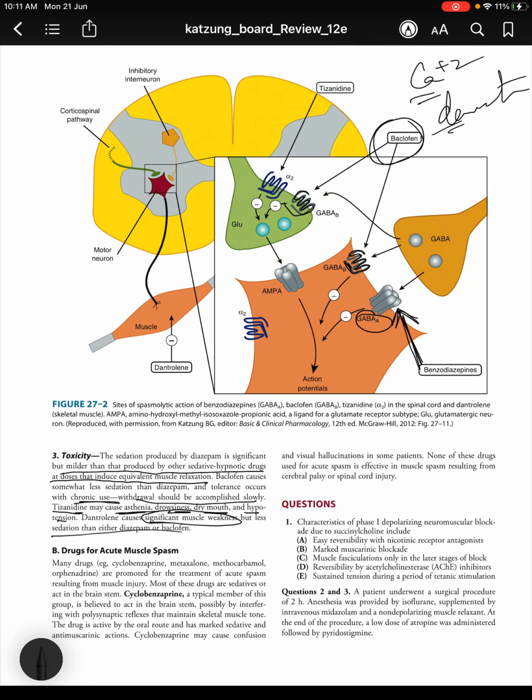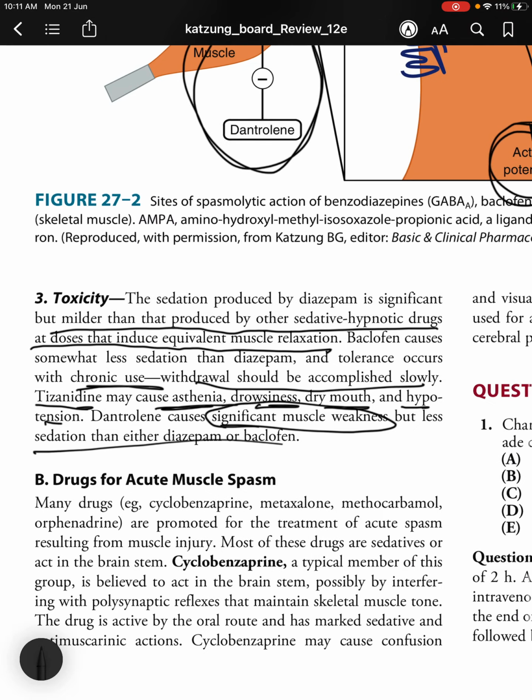So that is what is shown in this figure right here. So they all have an effect on action potentials. Dantrolene acts directly on the skeletal muscle cell on the ryanodine receptors in the tubules in the sarcoplasmic reticulum, which directly influences the motor neuron. Okay, so you have certain tracts that terminate on these motor neurons, so that is being affected. Tizanidine has an effect on presynaptic inhibition.